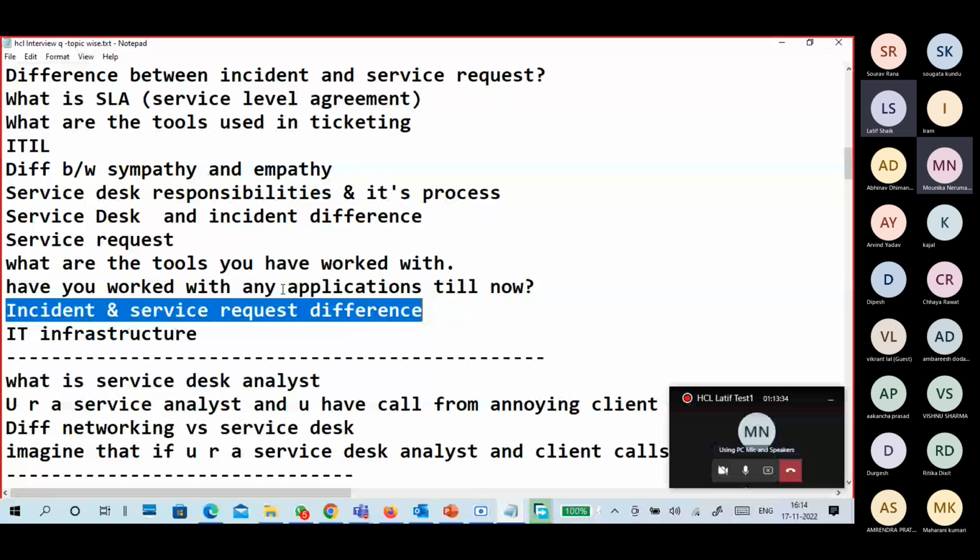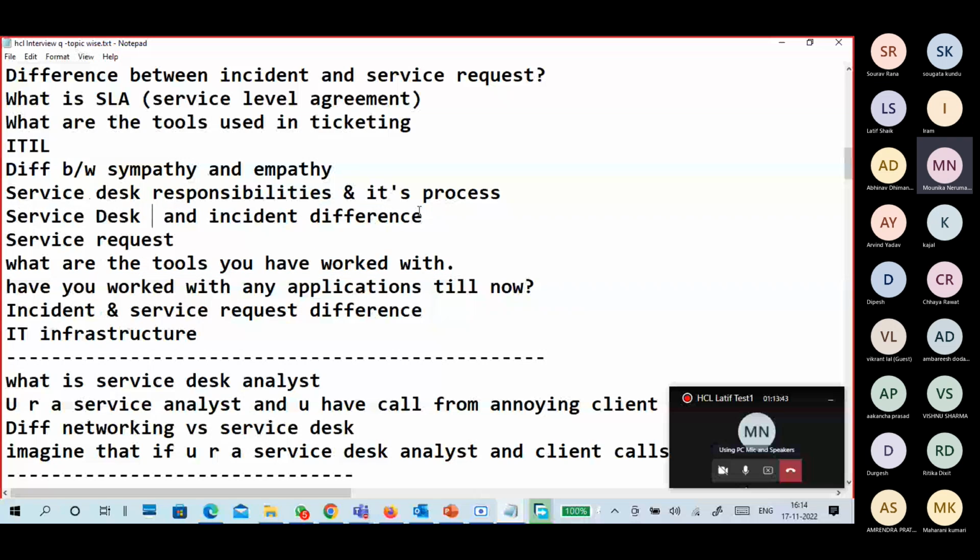What is a service desk? What is a service? What is service desk and what is incident? Incident in the service desk, people dealing with the incidents, failures, service requests, changes, alerts, events, kind of stuff. But service desk is a single point of contact between your users and the customers, or IT employees and the customers.